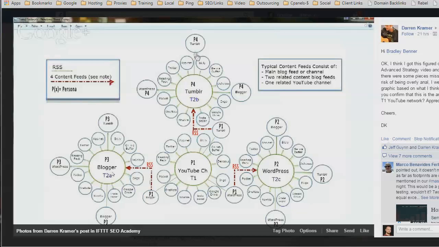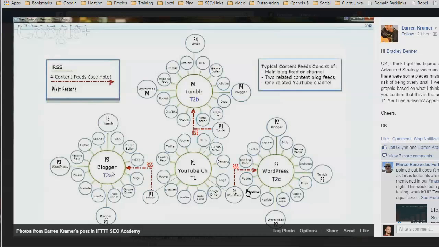Okay? Which means there would be another Tumblr there. It's just because of the way that I had made the image, I didn't have that there because I just copied and pasted each one of those rings. Okay? But again, when I'm pushing content from my main money site to my branded Tier 1 ring, using IFTTT and using the RSS feed from my main money site, and then it goes to the Blogger property,